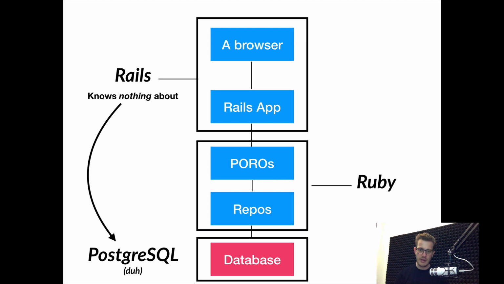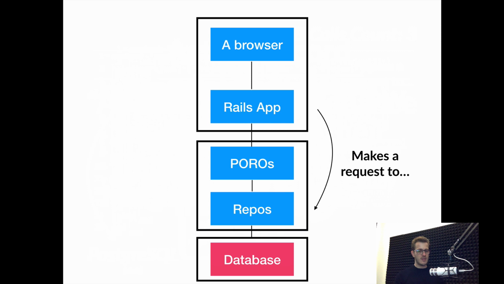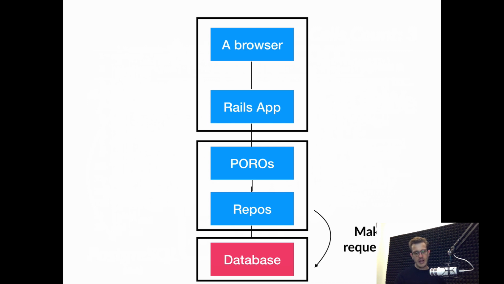So let's just run through it here. We have a browser that makes a request down to the Rails application. The Rails application makes a request to the repository and says, hey repository, can you fetch me, I don't know, all the posts, or can you fetch me the post with ID 1? And the repo says, yes, I can talk to the database, and the database and I can sort this out. We can get you that post, we can get you that list of posts, and we can return it to